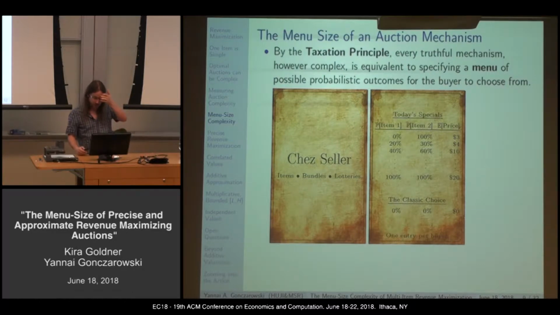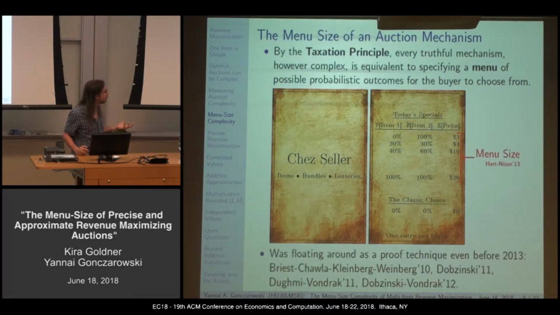So that's a very simple principle, but it's very powerful. And the menu size of the mechanism is the number of such entries in the mechanism. So not entrees, even though it's a menu, it's entries. And I'm crediting this here to Hart and Nisan, and that's the way it's usually credited in the literature,